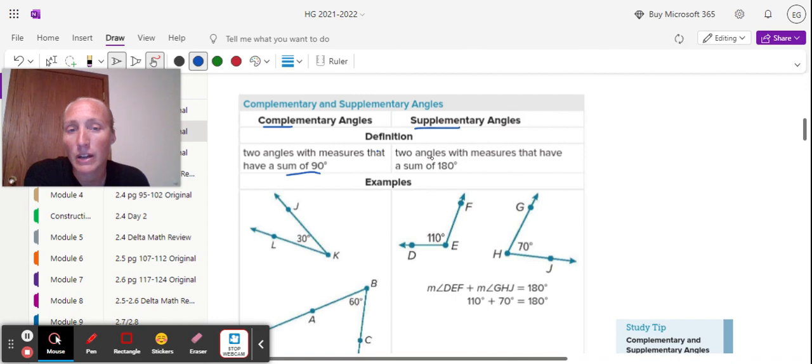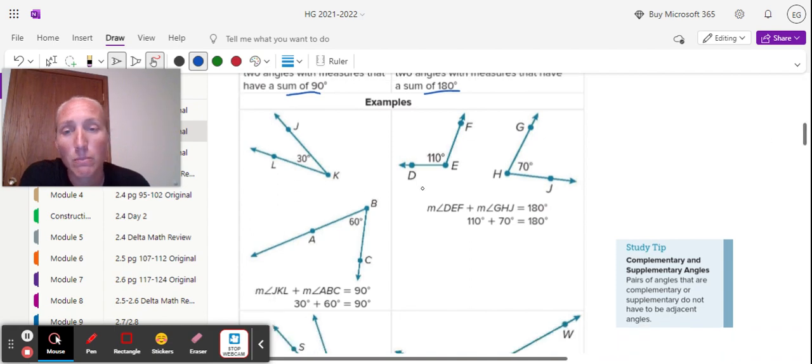And then supplementary angles are two angles with measures that have a sum of 180 degrees. So your supplementary angles are going to form your straight line if they're next to each other. Your complementary angles are going to form your 90 degree angle, or your right angle, if they are next to each other. Now, I said "if" because it is very important to understand that you can have two complementary angles,